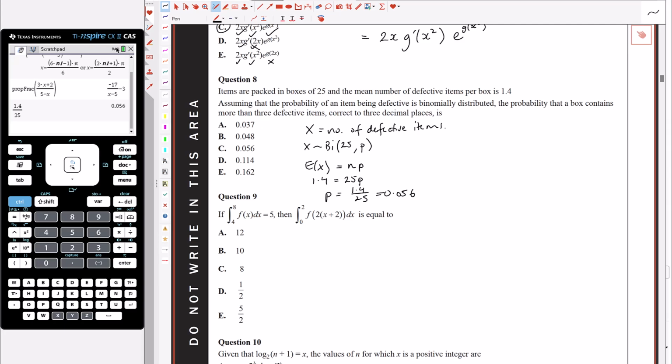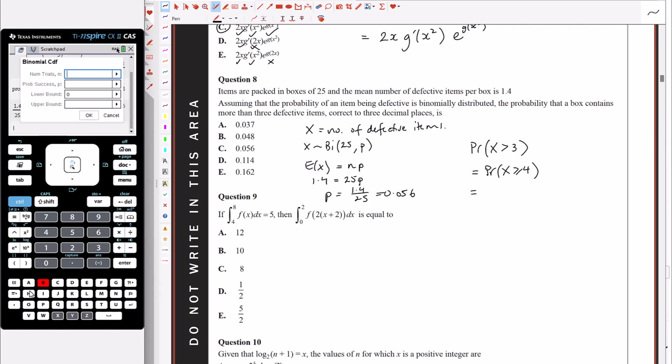So the question asks us to find the probability that a box contains more than 3 defective items. So now that we know p, we want to work out the probability that the number of defective items is more than 3. So for a discrete distribution, that means 4 or more. Okay, so for our lower bound in our binomial distribution, we're going to use 4. And so we're going to have menu